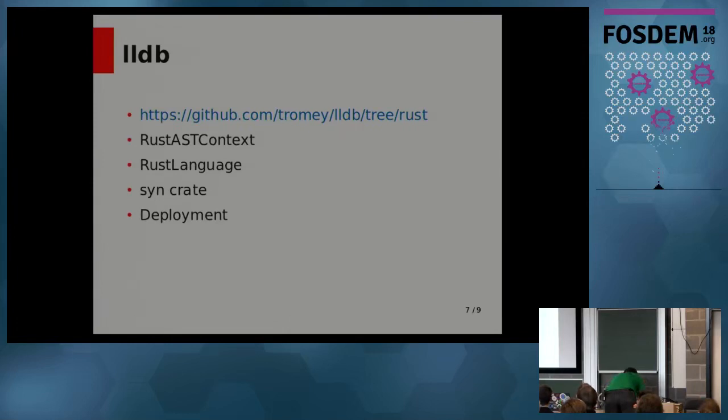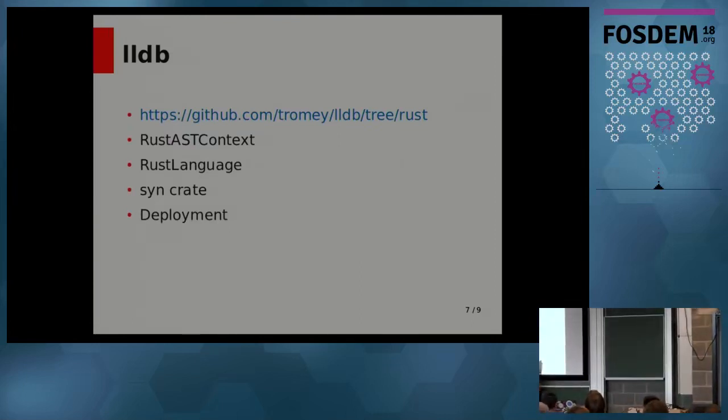There's this thing, Rust AST context, and there's Rust language. These are two classes, or two files, modules, that you have to implement if you're writing a plugin. Those are pretty much done. I wrote each language in